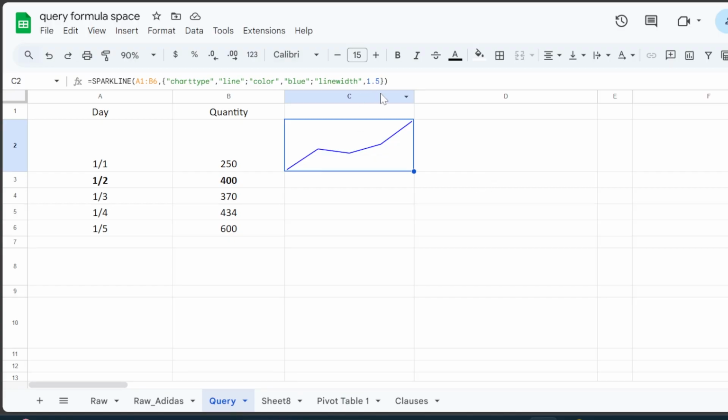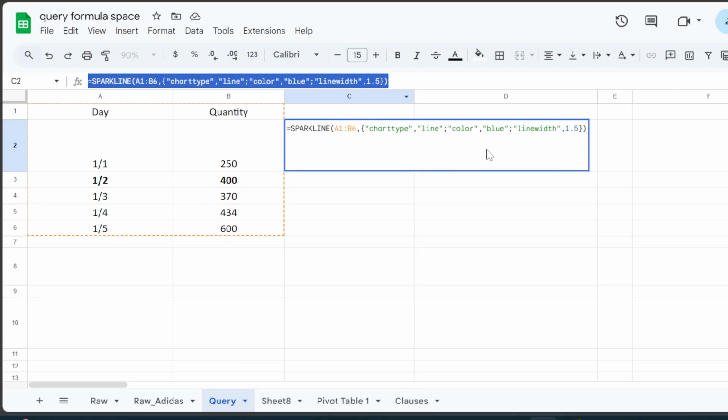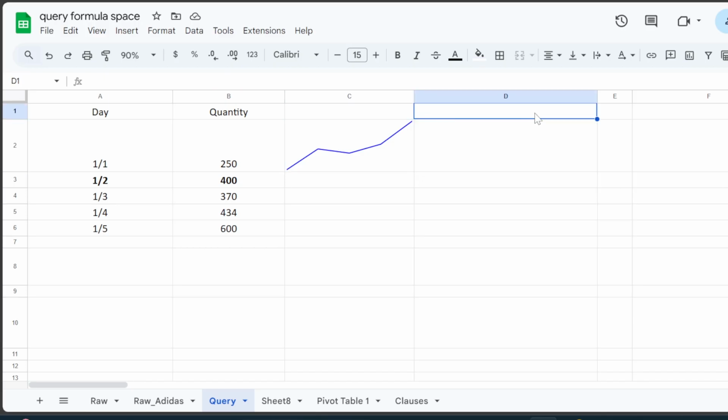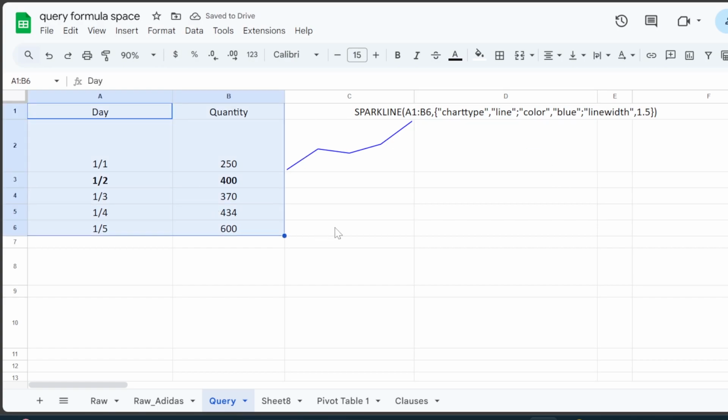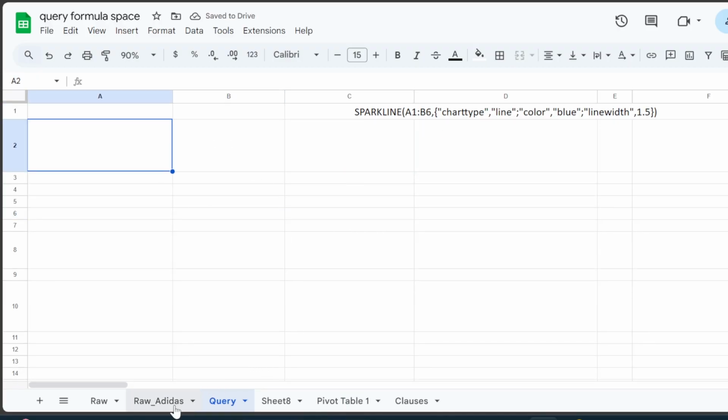Okay, so this is a short tutorial on sparklines, and just to drive the point of how these things are useful, what I'm going to do is keep this formula somewhere here, but I'll remove the equal to. I'm just going to keep this formula here because we will use this again. Now I'm going to delete this,